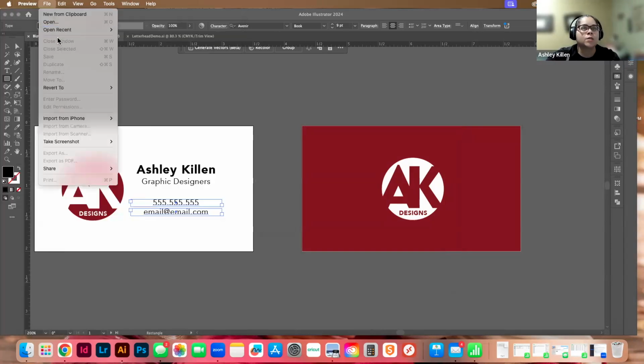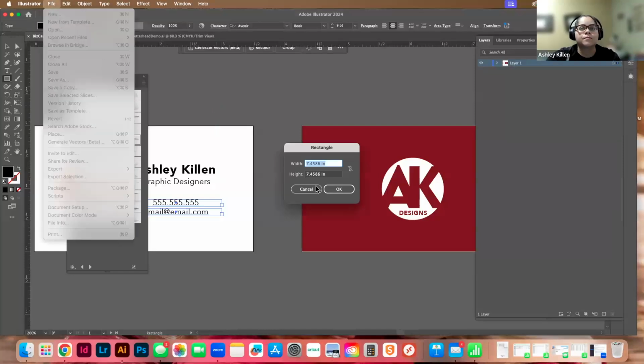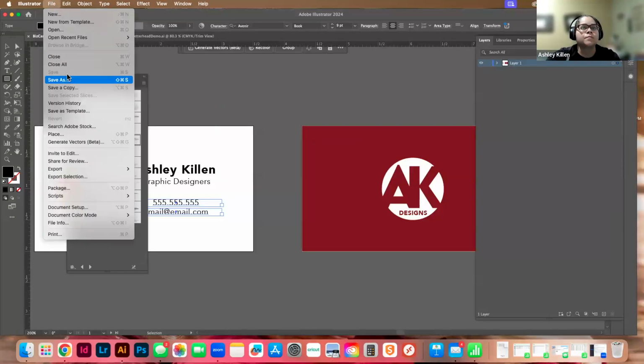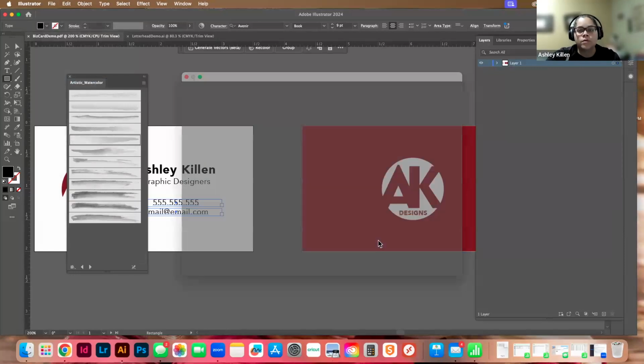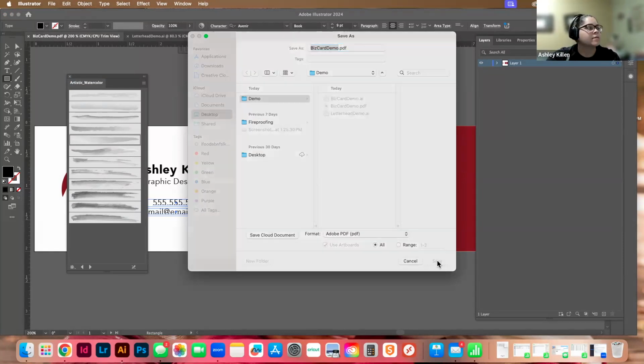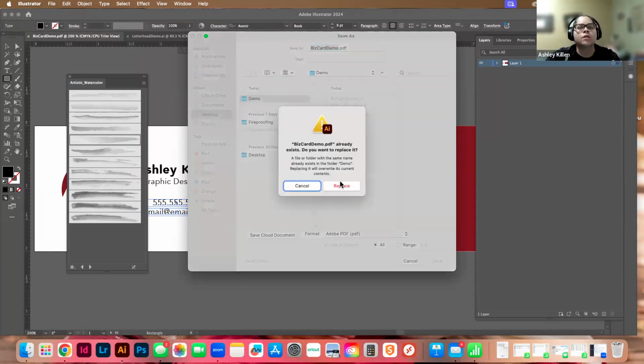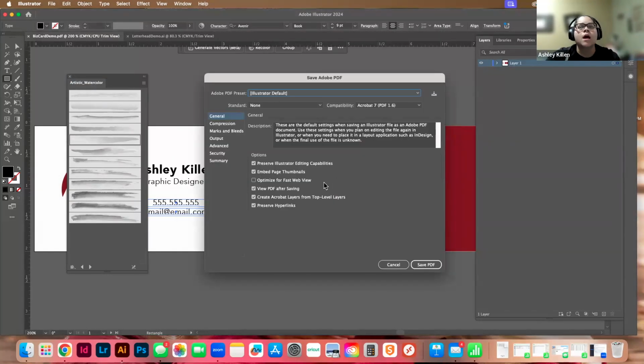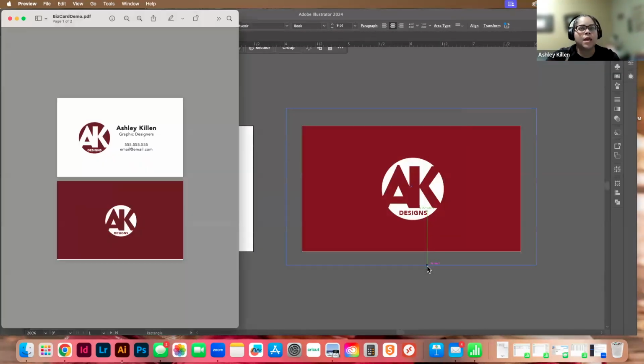Again, I went to file, save as, save on your computer. In the drop-down menu, it defaults to Adobe Illustrator. I want it to be a PDF. From there, I make sure all is selected. I want all my artboards to be exported, not a portion. And then I hit save. It's going to ask me if I want to replace it, which I'll say yes. And then from there, you can just hit save as PDF,